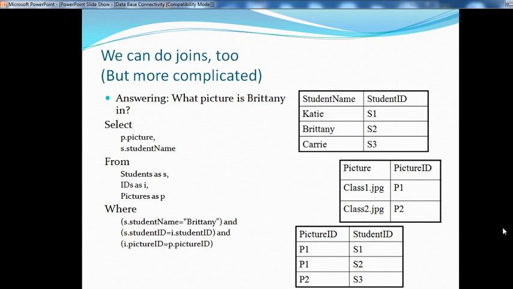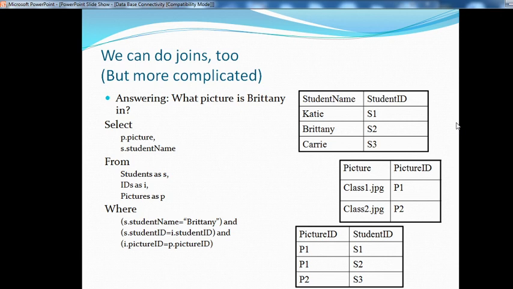Using that condition you can answer the question. It is complicated, but you can use it to solve a particular complex query using conditions across your tables. That is the relation between those tables.